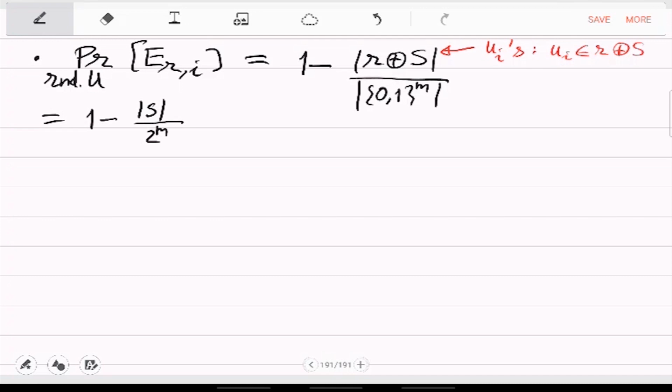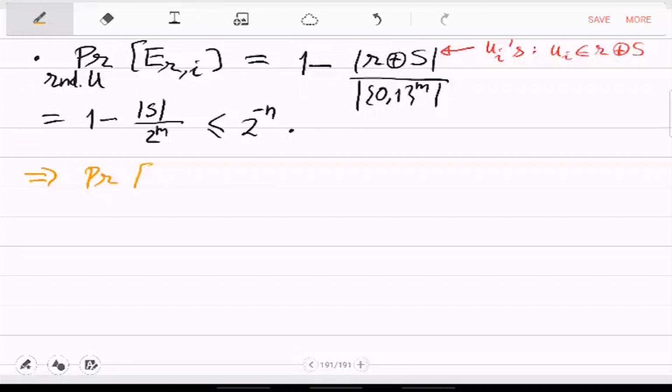And what is size of S? In claim 2, size of S by 2 raised to m is more than 1 minus 2 raised to minus n. So this is less than or equal to 2 raised to minus n. Okay. So which is a very small probability. This event happens with a very small probability, which means that